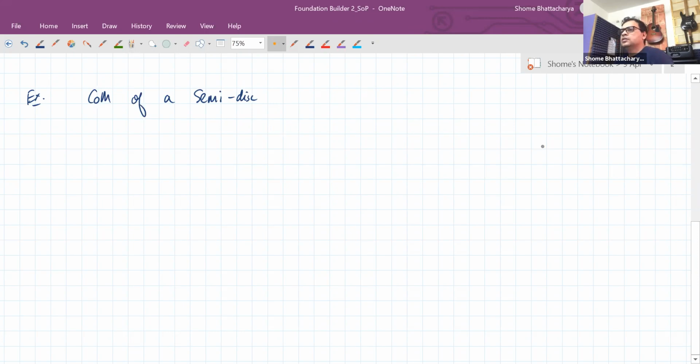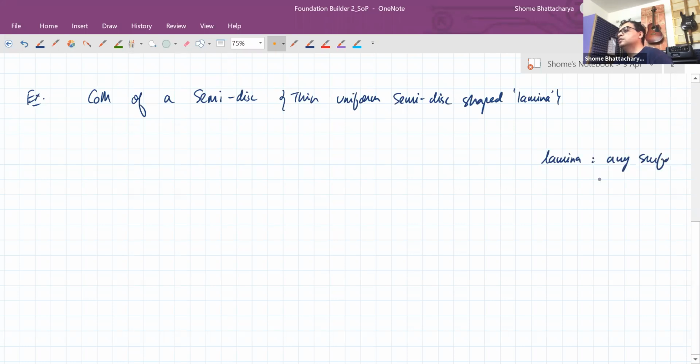That's okay. So center of mass of a semi disk, which is basically a thin, uniform semi-disk shaped lamina. Lamina means a two-dimensional surface. Lamina is any surface in a two-dimensional plane,